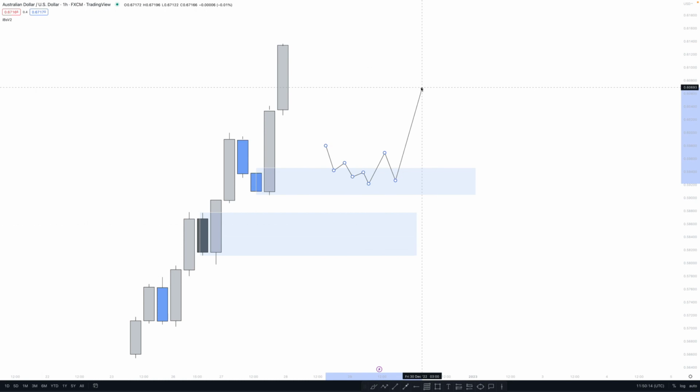You're executing. As soon as we break this high, you're managing your position at break even, and then you're waiting for the 1 hour structure to get broken. Either you're setting your take profit here, or you're managing the position with the strategy. And I'm going to explain the trade management, how we manage our trades, in the next couple of videos.